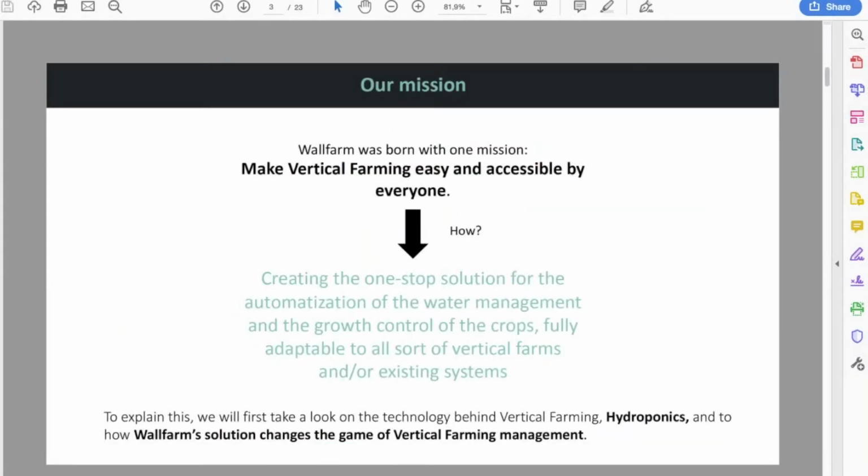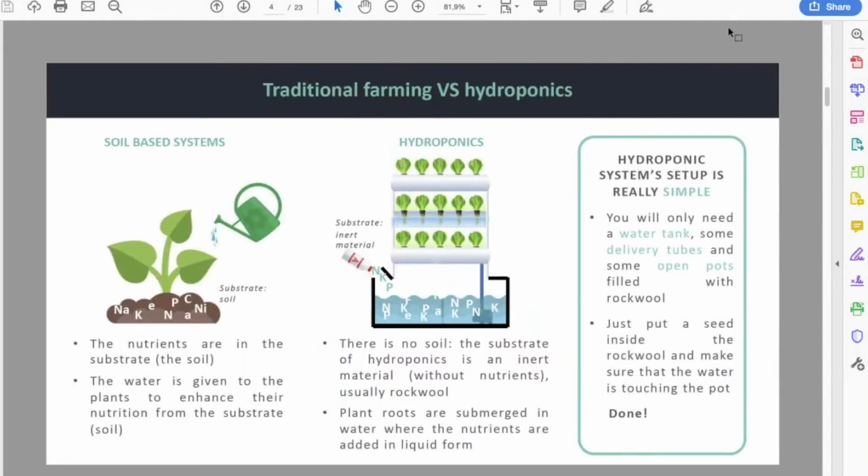Of course, people that are in vertical farming are 100% aware of what our mission is. What WallFarm does is make vertical farming easy and accessible by everyone. Why so? To be quick,